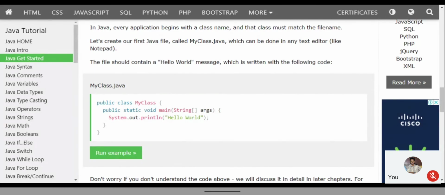A class means you can take it like a classroom. In that one, I have a lot of students. Whoever I want to pick and whoever I want to do some work, he can do that work. So in that one, I have to pick a class. Which class? My class. I have created one class with the name MyClass.